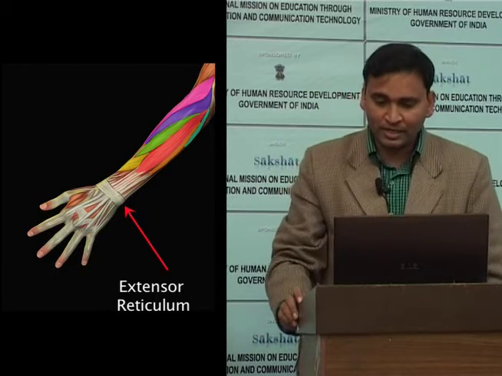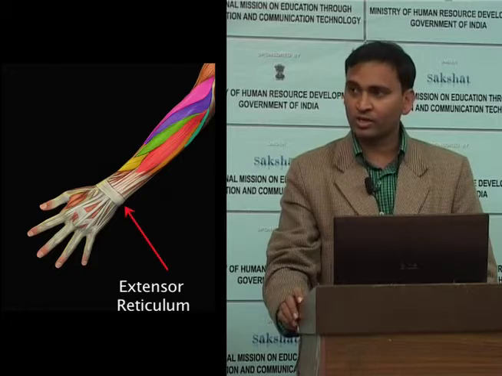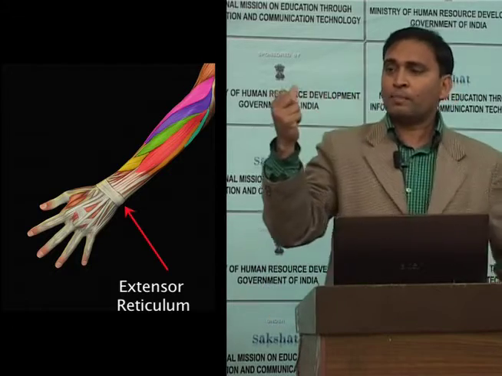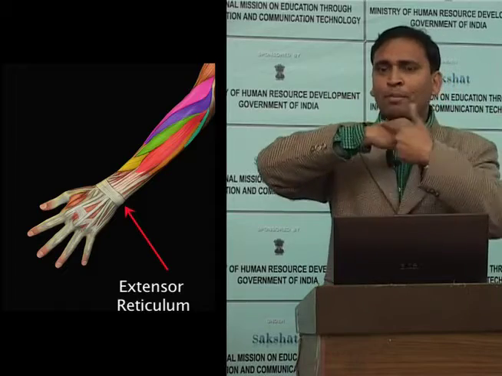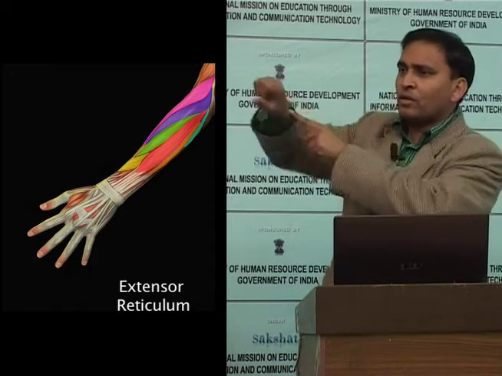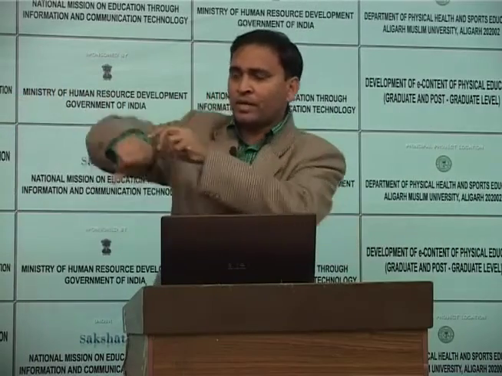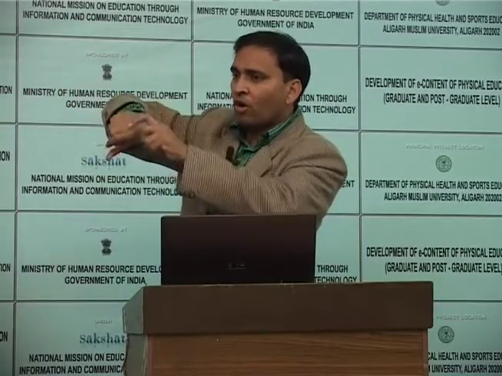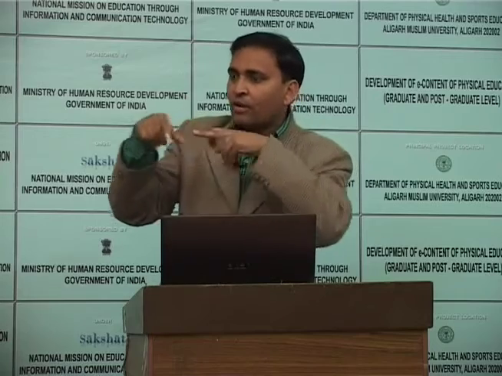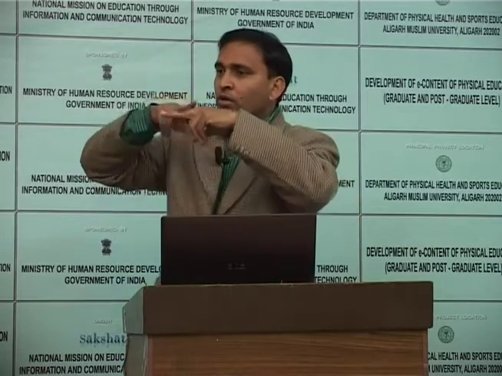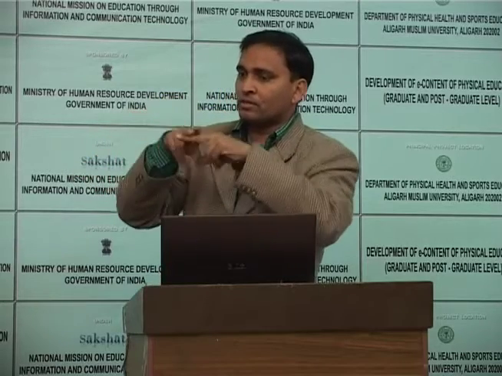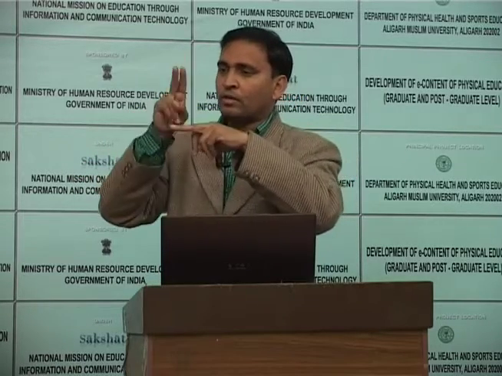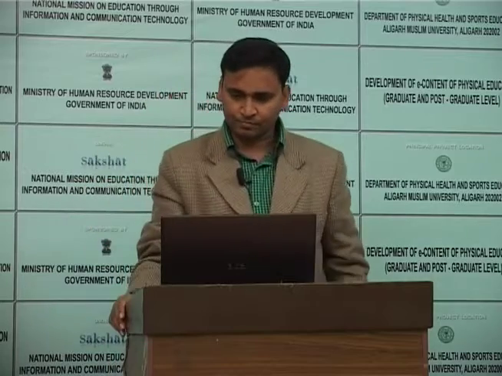It holds the muscle tendons over the plane of the bones during contraction. It means it provides a platform. This extensor retinaculum provides a platform. There are a number of muscles, and a number of tendons run to the wrist joint, and they are divided by intermuscular septa. Suppose there are 10 tendons, they all come together. So the extensor retinaculum provides a base and holds all the tendons crossing the wrist joint from the forearm to the wrist to the hand. So the extensor retinaculum provides a base.